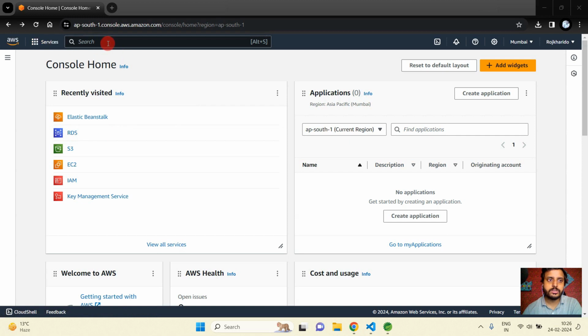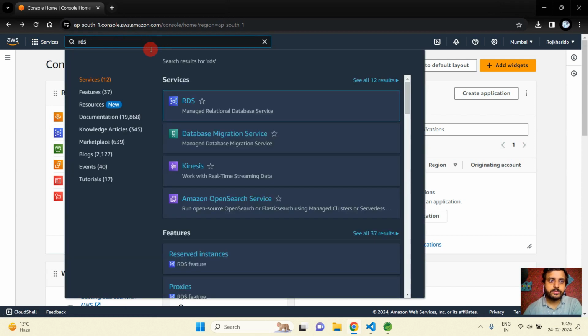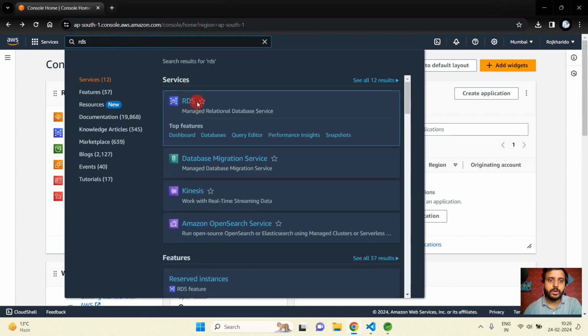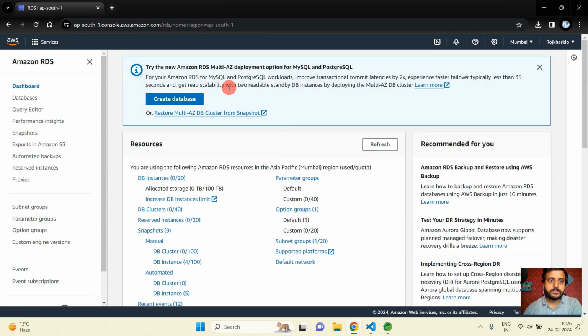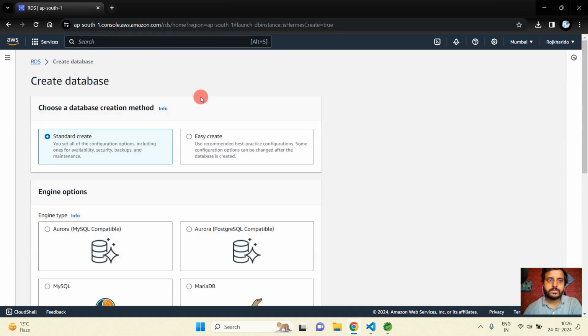So just in the search section you have to search RDS. Okay, so you will get this option. So now just click on this RDS option, then you will get this interface. Then you have to click on this button, create database. Just click on this, and then inside this